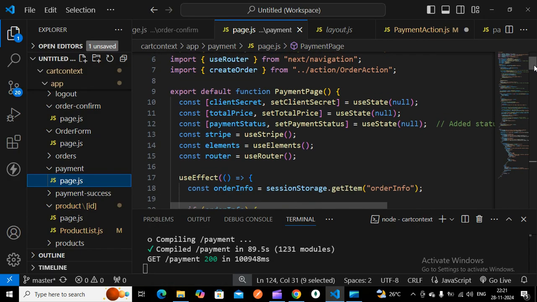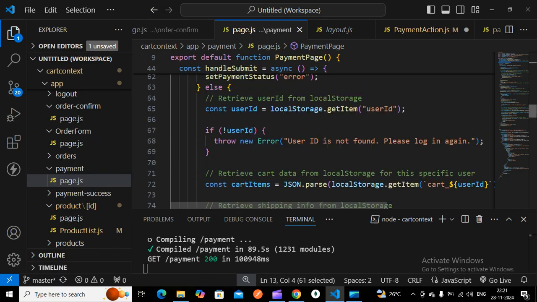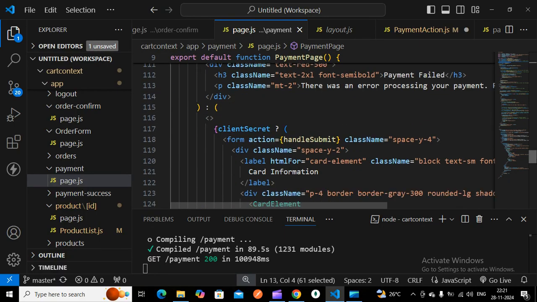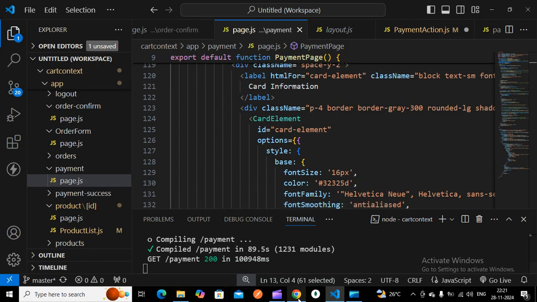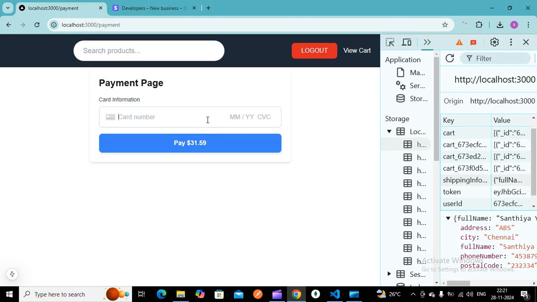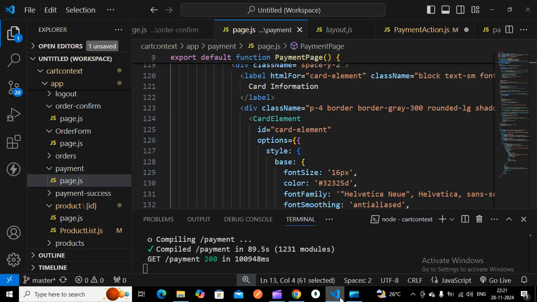Once we get these methods, you have to initialize these things we will be using here. In the card element, you will be getting this card number, month, year from that particular library. So you have to declare this.